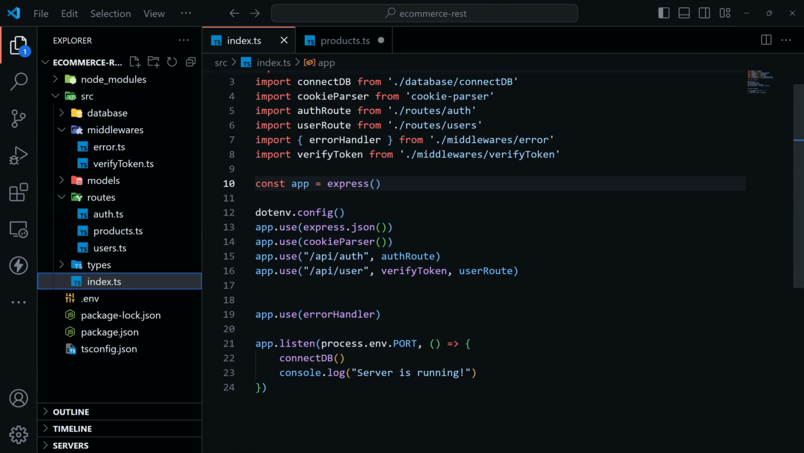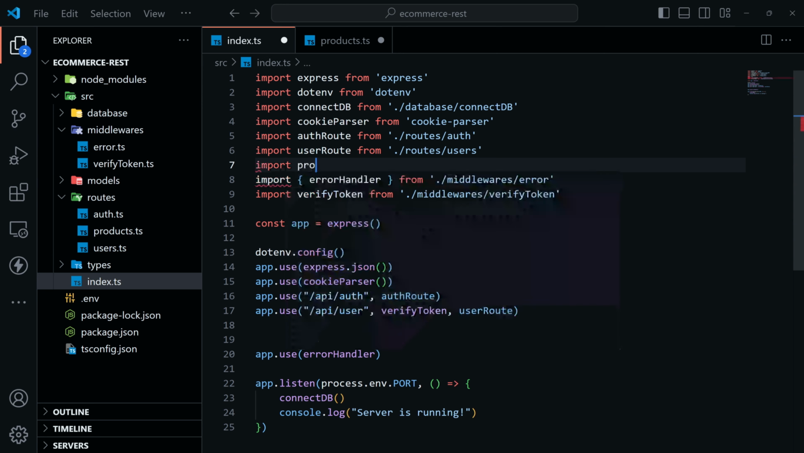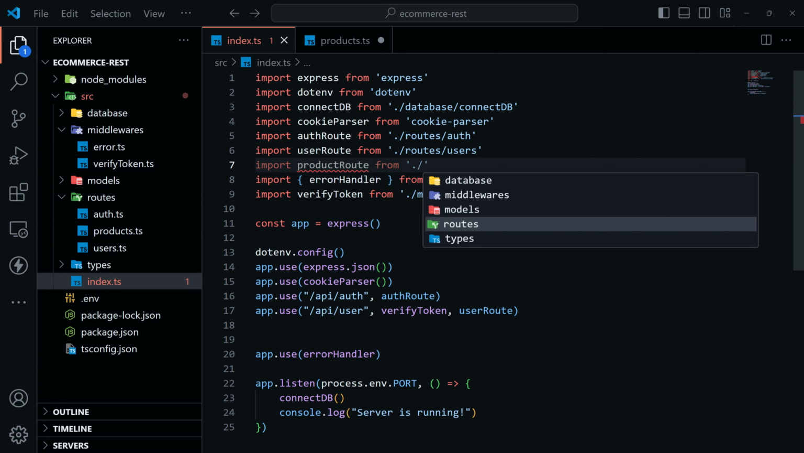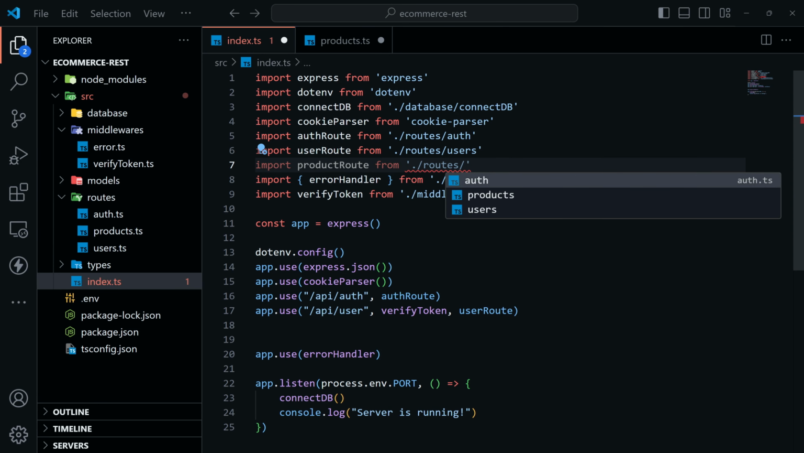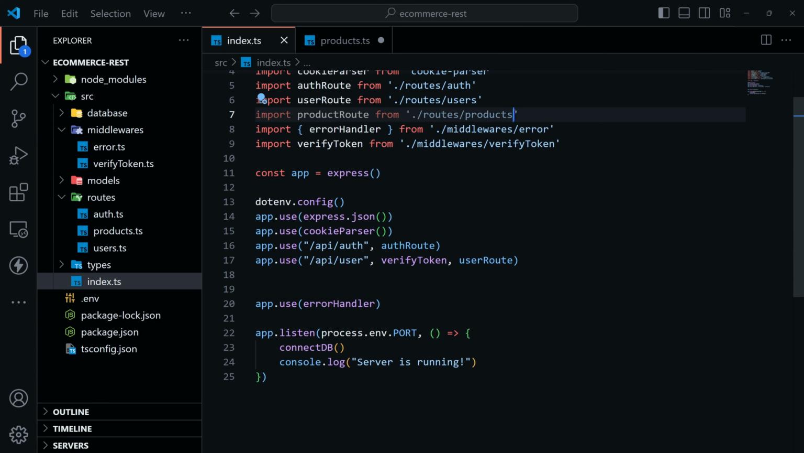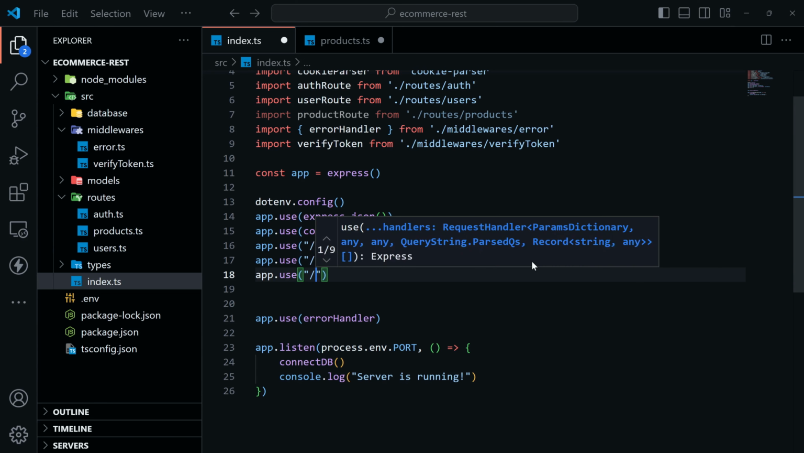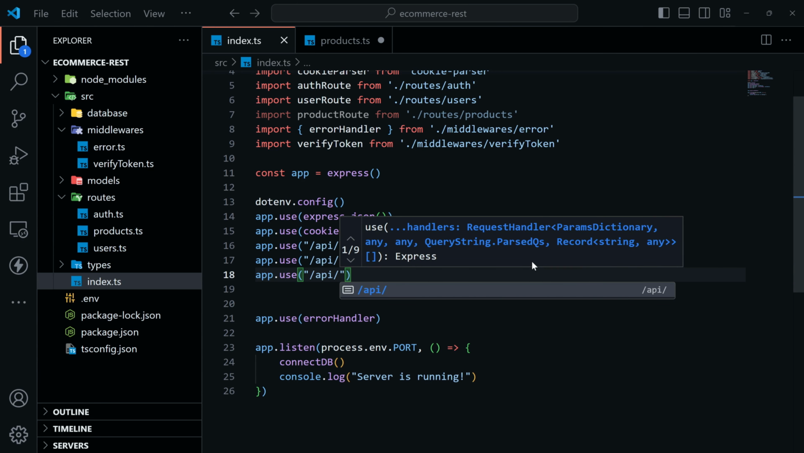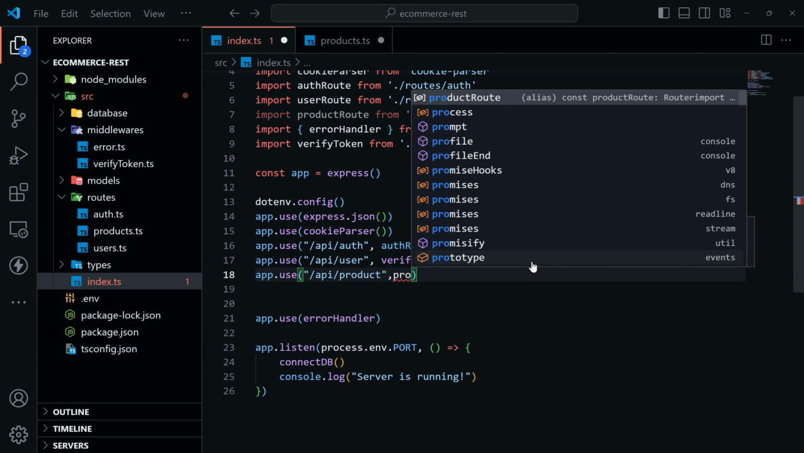Yeah, now let's go to index.ts and import the product route from ./routes/products. Yeah, and after that, over here, it should be app.use("/api/product", and I'll have to write the product route. Okay,